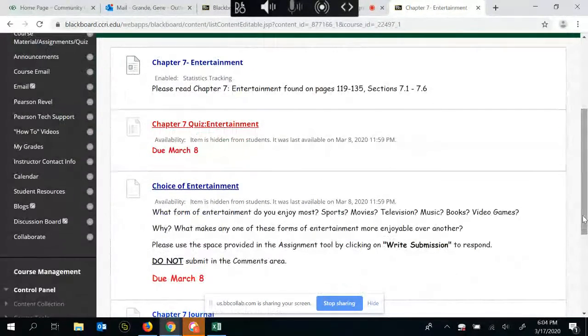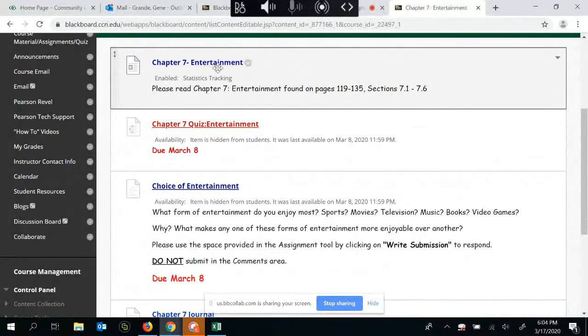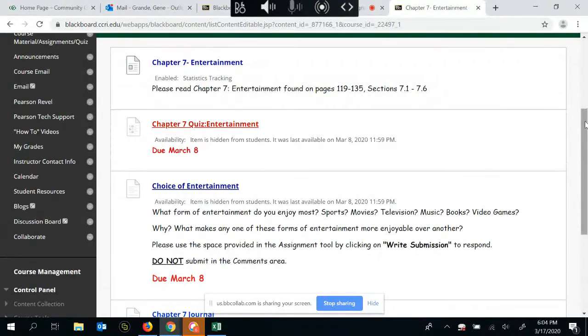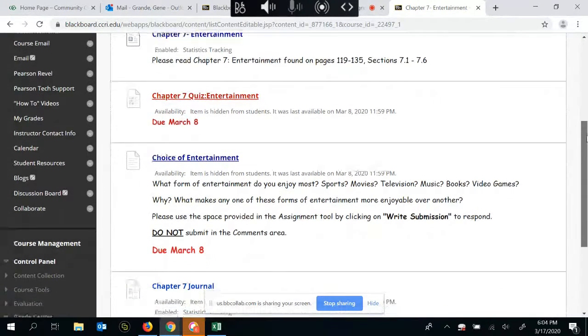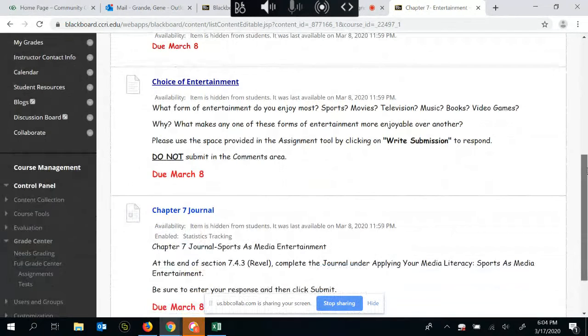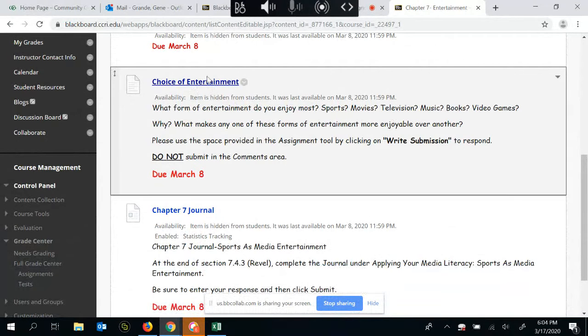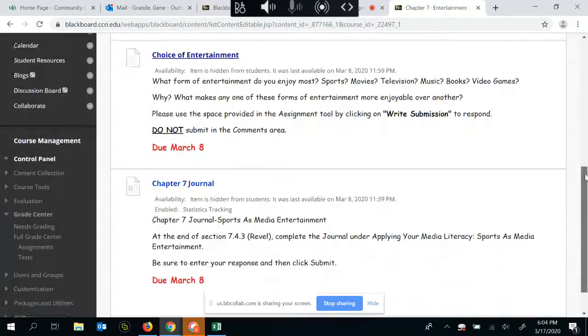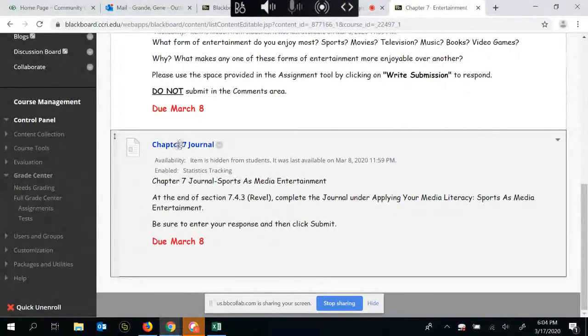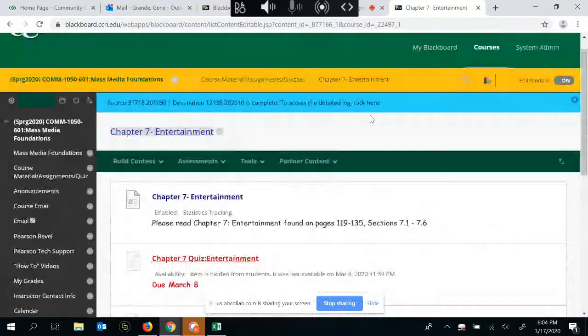This is just another way to help you organize your course material. So for example, I have a reading assignment, where I give them the pages and the sections of the book. I have a quiz, and I have a question that's an assignment, and I've assigned the journal to their online piece. So actually, I'm going to back out a second,